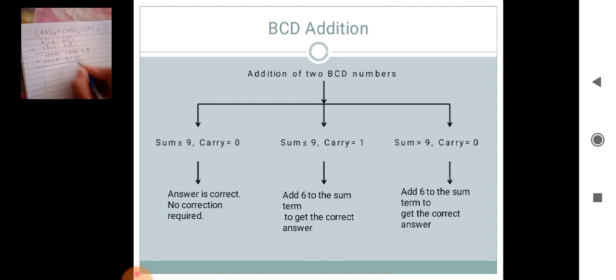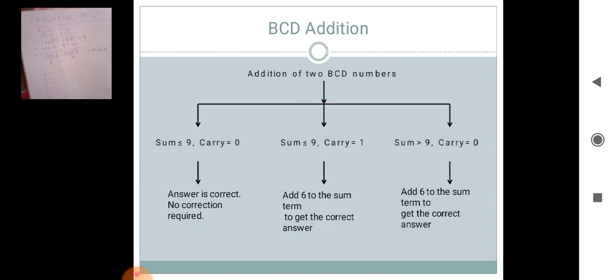0 plus 0 is 0. 1 plus 1 is 0 carry 1. 1 plus 0 is 1. 1 plus 1 sum 0 carry 1. 1 plus 1 sum 0 carry 1. Here 1 will come, 1 plus 0. Here 0 0 1 as it is. So this is equivalent to 9 and this is equivalent to 0. That means your answer is 19 in BCD. So we are getting a correct answer with the help of BCD addition also.